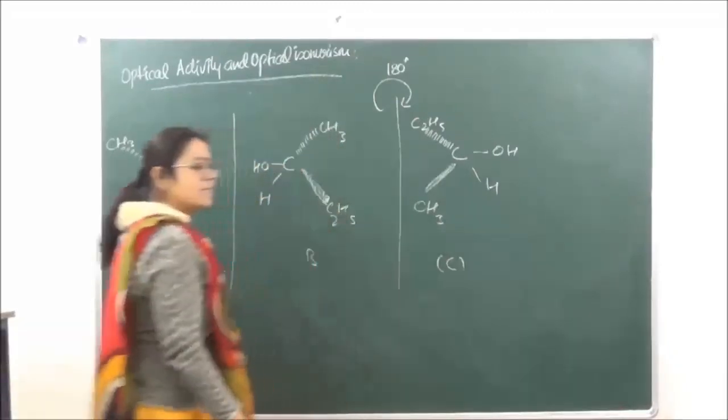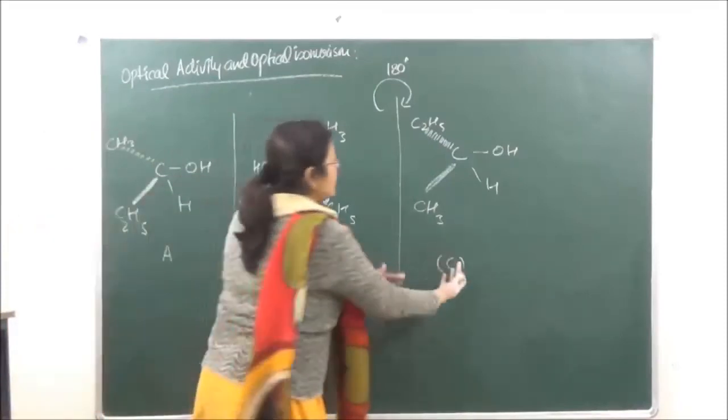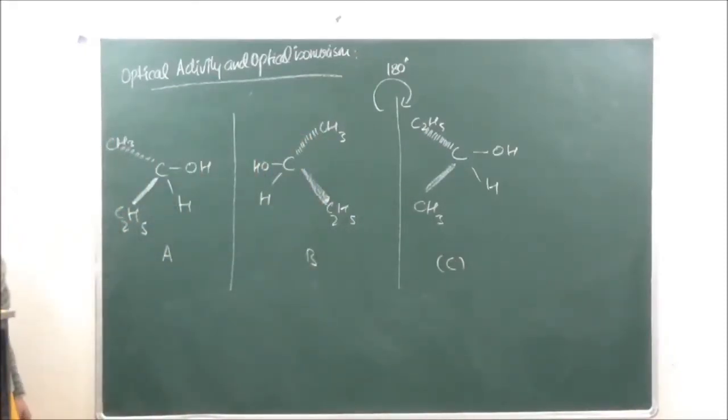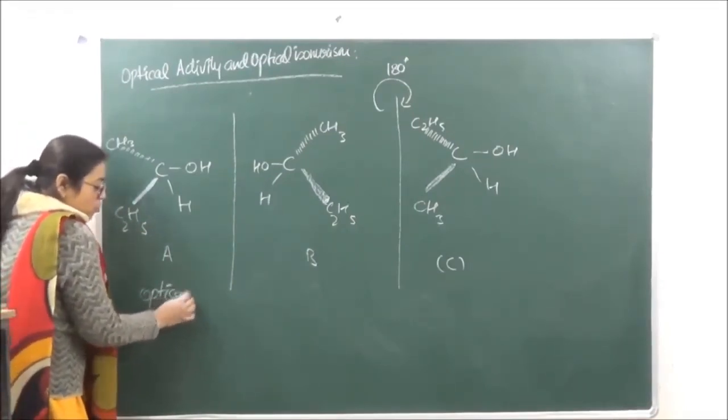So let's see, this is C. Now when you are putting C on A, it is going to form a non-superimposable mirror image, isn't it? So if it is forming a non-superimposable mirror image,